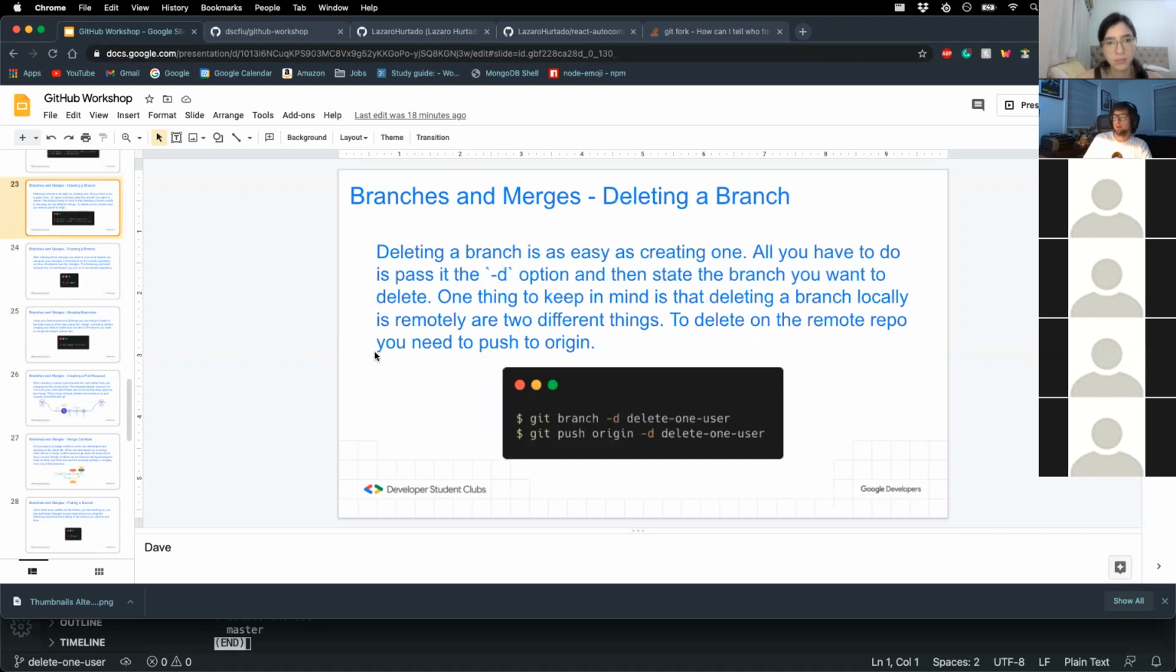So now you can also delete a branch. Deleting a branch is almost as easy as creating one. All you have to do is pass in the D option, then state the branch you want to delete. But one thing to keep in mind is the branch that's locally on your local repository and on your remote repositories are sometimes different. So to delete on the remote repository, you need to push to origin. So for example,